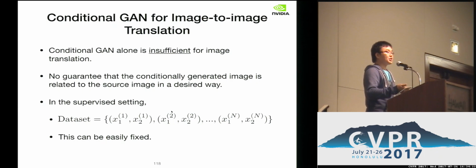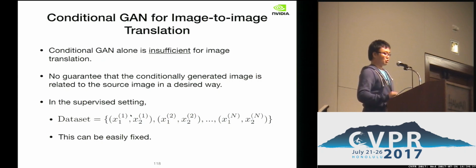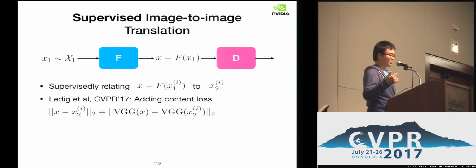So in the supervised setting, where images come as a pair, you always have a daytime image and a corresponding nighttime one. Or, for low resolution to high resolution, it's much easier: you can artificially downsample an image and get a low resolution version. In the supervised setting, it's quite easy, and that's why it was explored first. In this CVPR, I think Twitter has an amazing paper on image super resolution. It's based on this idea.